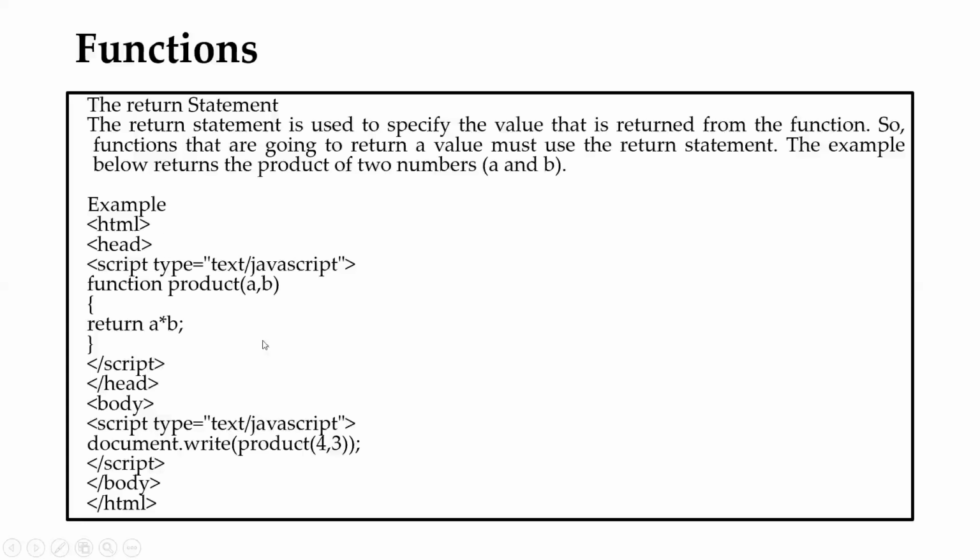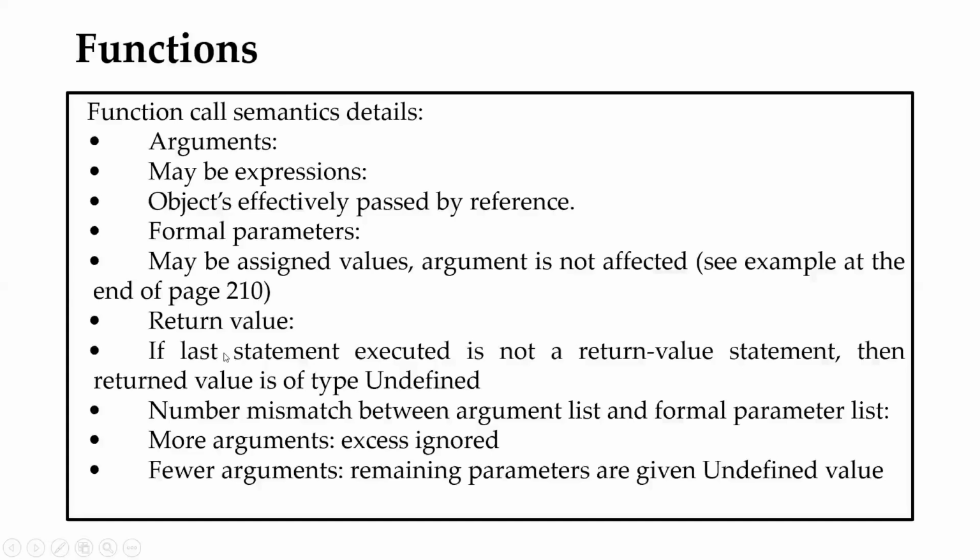So, the return statement. If you want to return any values after calculations, you include return. For example, function product(a, b) { return a * b; }. So the multiplication of the A and B values will be returned by using the return statement. So, function calls semantic details: arguments may be expressions, objects, formal parameters, return values, number of